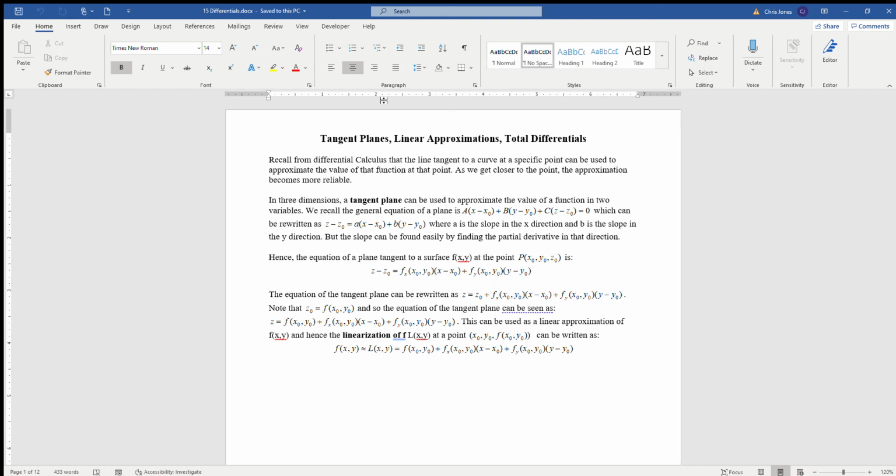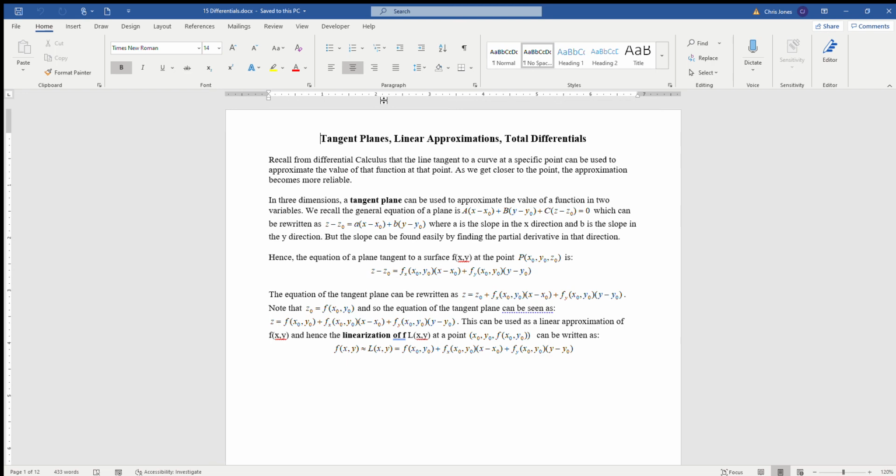So now that we've seen how to find partial derivatives, we're going to start taking a look at being able to apply the partial derivative. And remember in Calculus 1 that we talked about the idea of a tangent line. Well, in Calculus 3, we're going to utilize a tangent plane to approximate the value of a function in more than one variable. And then we're also going to be able to find the rate of change or approximate that using a total